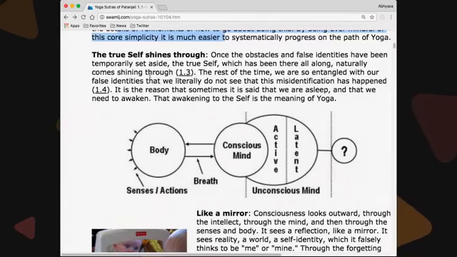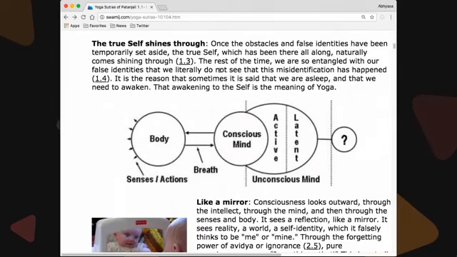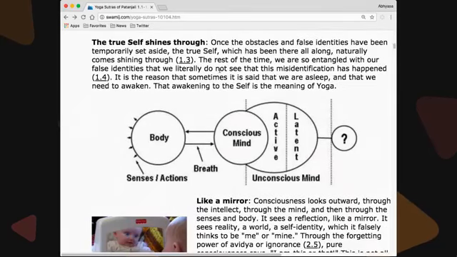Very important to remember. Once the obstacles and false identities have been set aside, the true self, which has been there all along, naturally comes shining through. Sutra 3 of chapter 1. The rest of the time, we're so entangled with our false identities that we literally do not see this manifestation. That's Sutra 4. So the simplicity is, 1, now that we're ready to take a look at this,